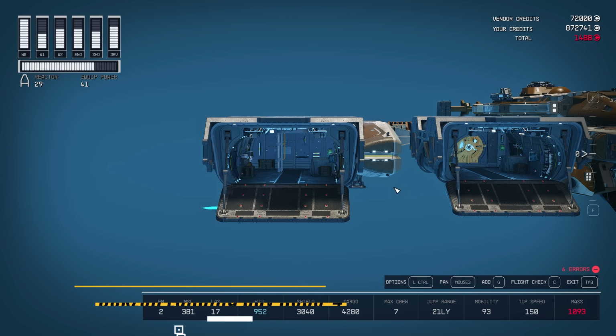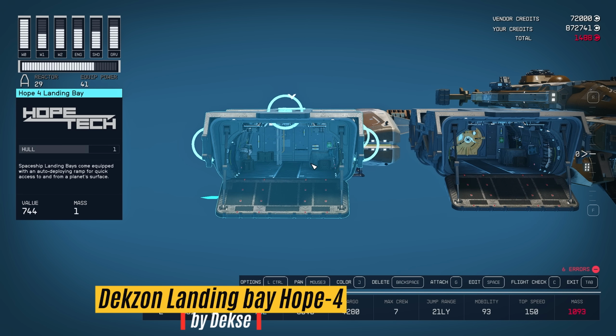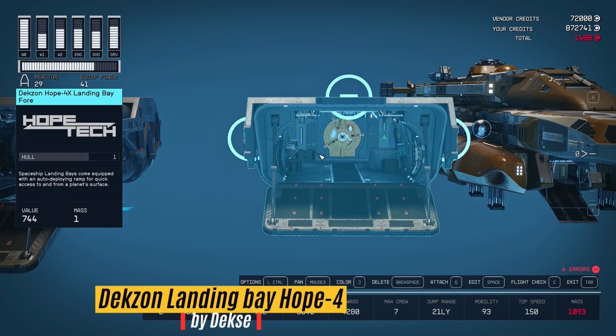We've got a super handy mod. This one is called Dekzon Landing Bay Hope 4. And it adds a new landing bay, pretty much a complete replica of the Hope landing bay, which as you'll note has a vertical ladder entry only. Well, this fantastic little addition just